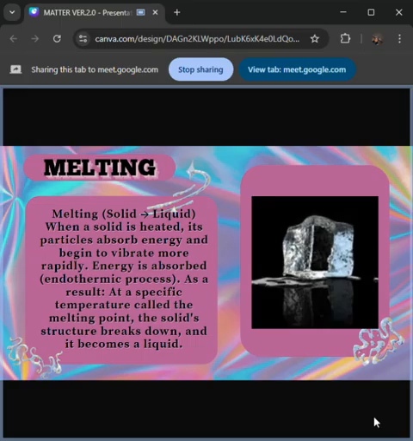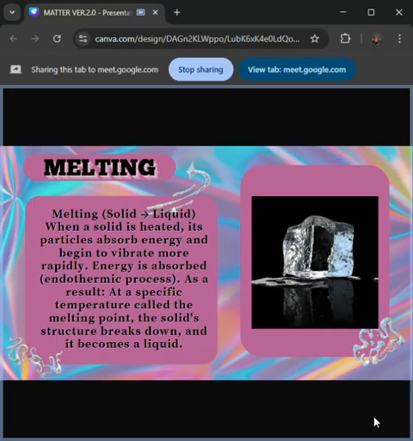Starting off with melting. As you can see on the picture, there is an ice cube that melts. So let us know what the process is. Melting is from solid, it transforms into liquid. When a solid is heated, its particles absorb energy and begin to vibrate more rapidly. When energy is absorbed, it is called an endothermic process. As a result, at a specific temperature, called the melting point, the solid structures begin to break down and